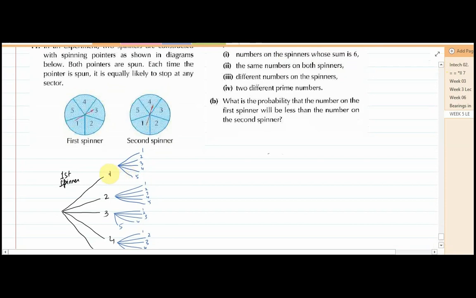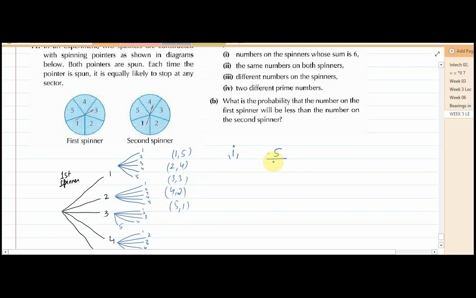So it will be 1 and 5. So 1 and 5 is 6. 2 and 4 is 6. 3 and 3 is 6. 4 and 2, and the last one 5 and 1 are 6. So how many possible outcomes do I have? We are doing the first part. So the possible outcomes are 5 divided by